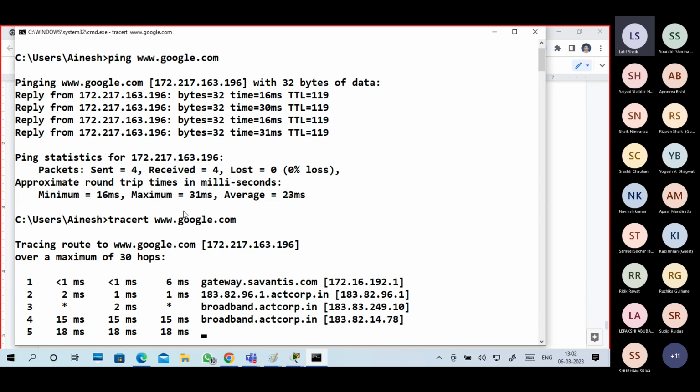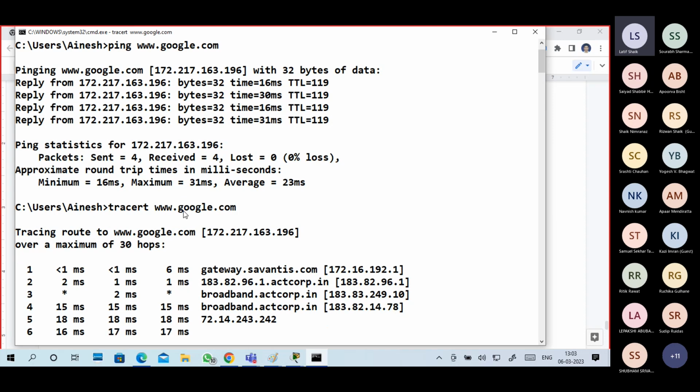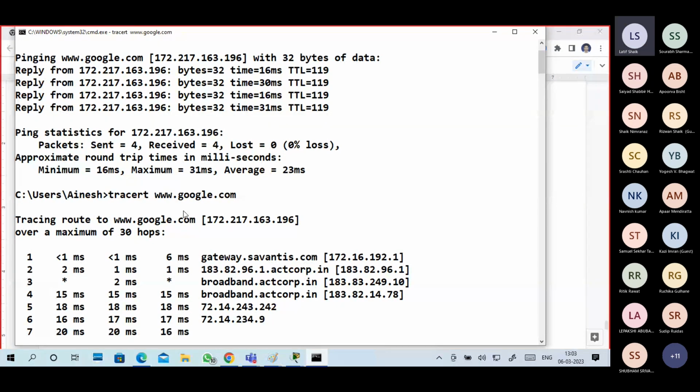So like this, from my laptop to my router, my gateway, to my ISP, in the world there are a lot of routers, because what is the internet? A network of networks. Net means there are a lot of connectivities, no? So it is connected from one router to another router, other router.